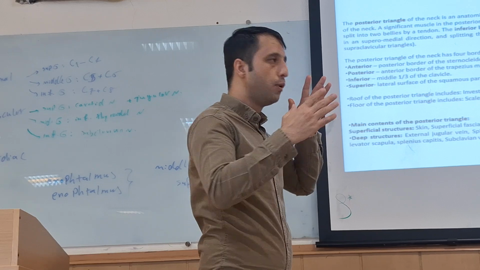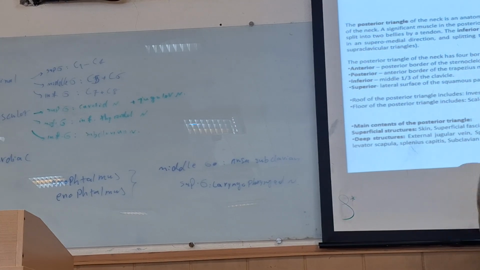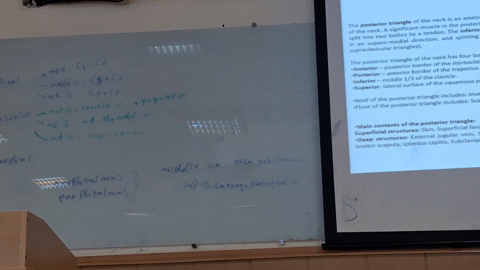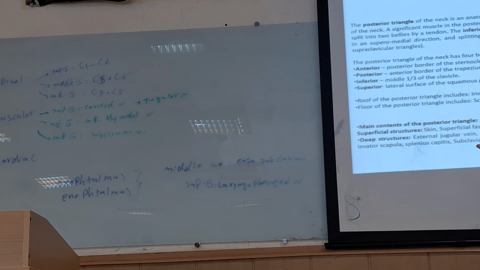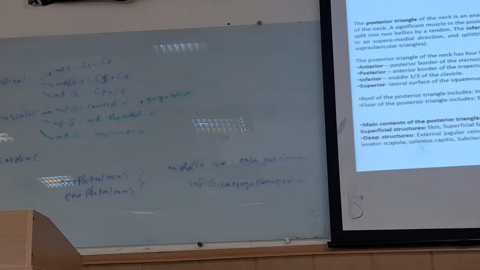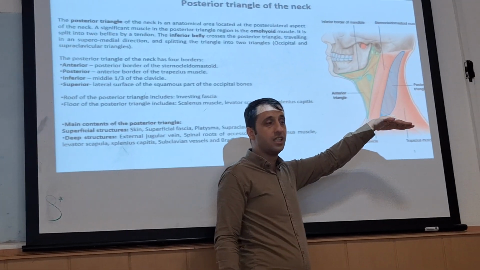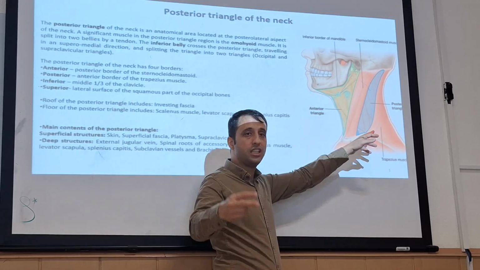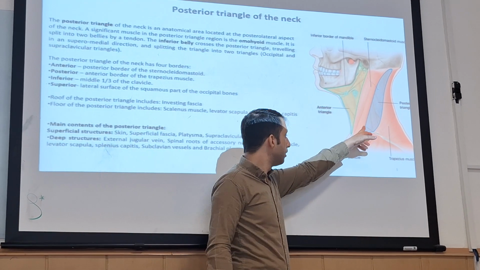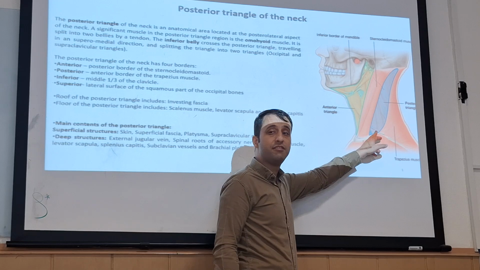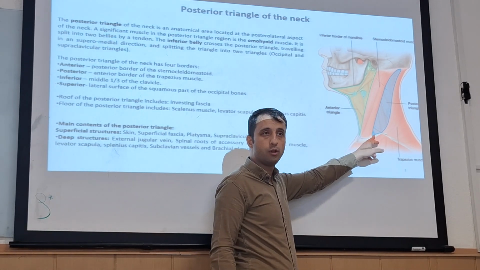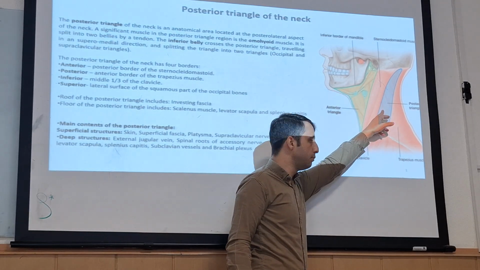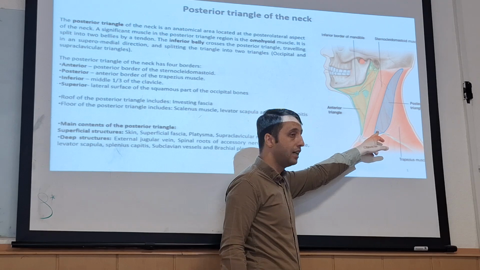The boundary of the posterior triangle anteriorly is the posterior border of the SCM, and posteriorly the anterior border of the trapezius. And you know that we separate the posterior triangle into other triangles by the inferior belly of the omohyoid. Here we have the occipital triangle. Here we have